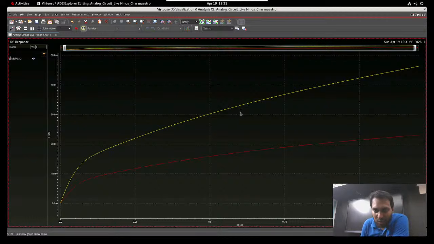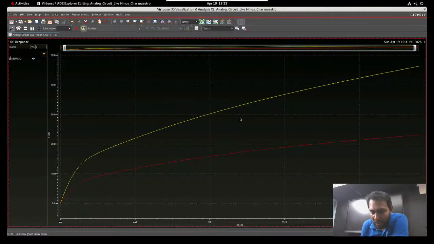As length is small, resistance is lower, and the slope defines ID versus VDS, that is ID upon VDS is your gds, 1 upon r0, and r0 is 1 upon lambda ID. We will discuss this once we go to the common source amplifier, but for now it shows a lot of slope here, as VDS changes your ID changes a lot. And if the MOSFET is a voltage controlled